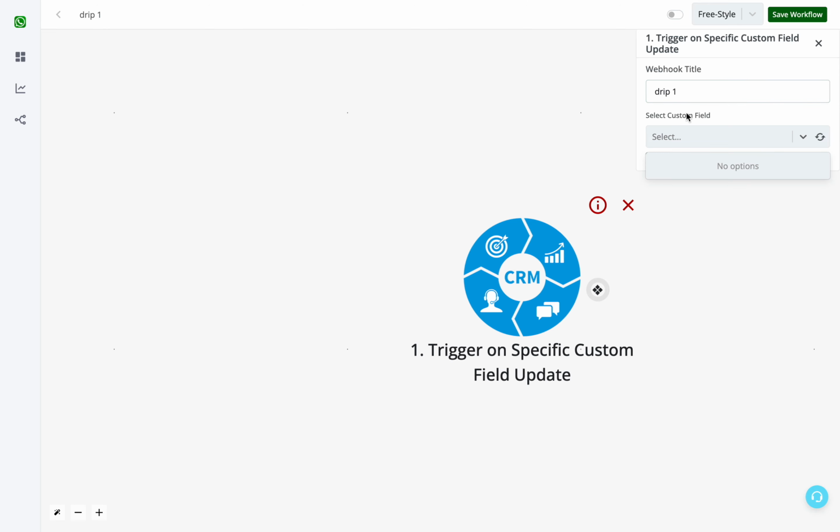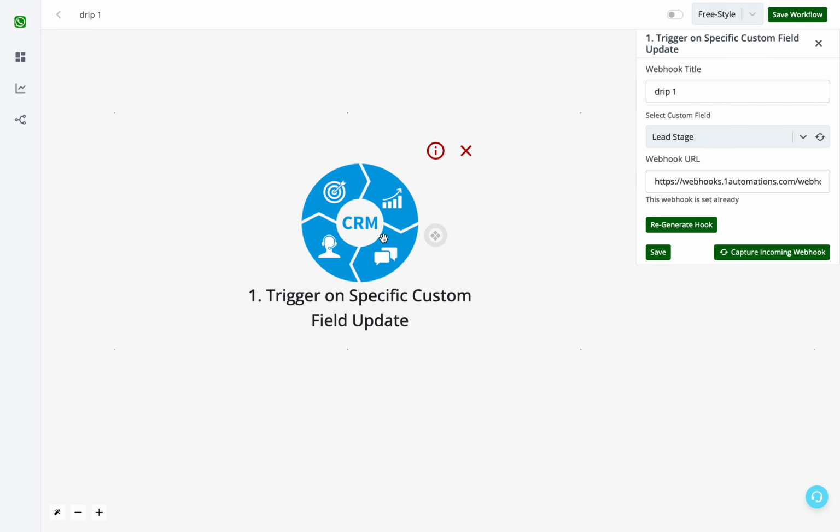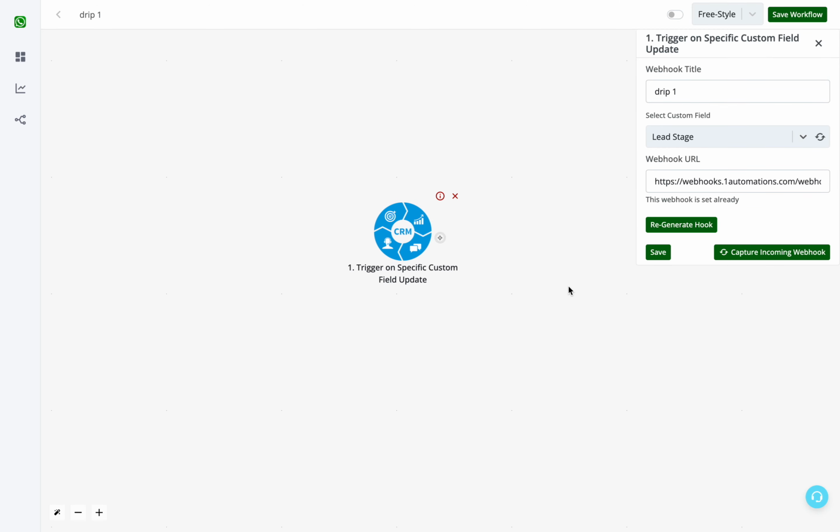Now I'm unable to see my custom fields here. I'll simply click on this refresh icon and then all of my custom fields are visible. I'll select the lead stage option and click on generate hook. Now this webhook has been generated and automatically set in the CRM triggers. The next thing I have to do is click on capture incoming webhook